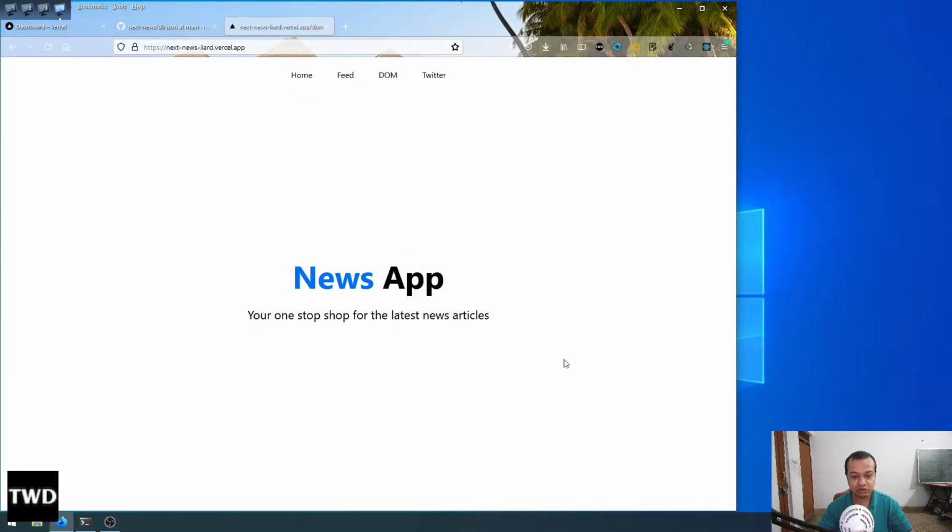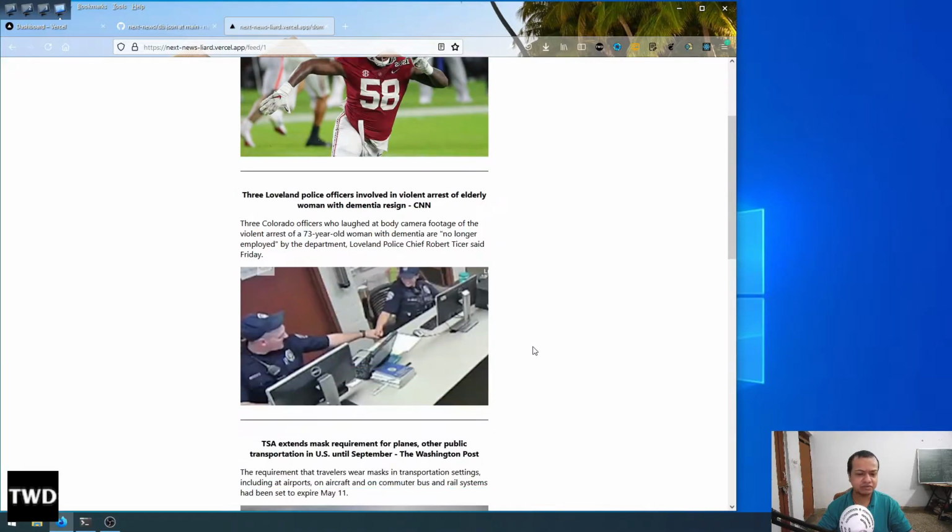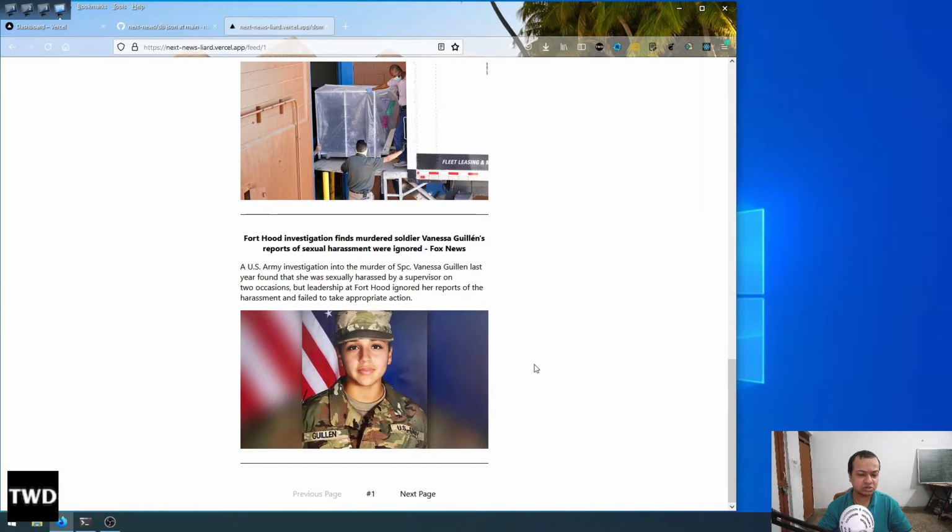In home we will show this nice header tag saying your one stop for latest news, and we are getting the news from newsapi.org. So from there we are getting the data, and you don't need anything else. You just need an API key which you need to create. So this is the news, and see it has got nice